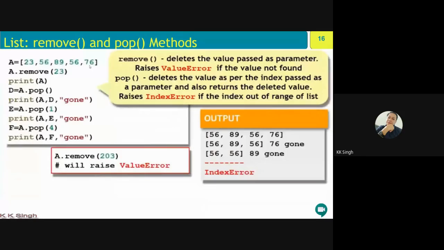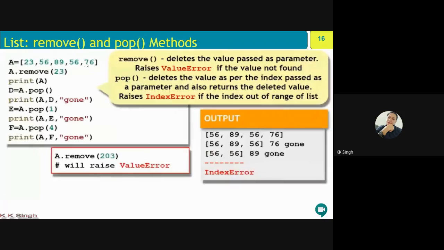If you are not mentioning the index, it will pop the value from the end of the list. So when you say D is equal to A dot pop and there is no index along with the pop, it will delete the value from the end of the list, and this deleted value will be stored in D. So see here, D is equal to A dot pop.